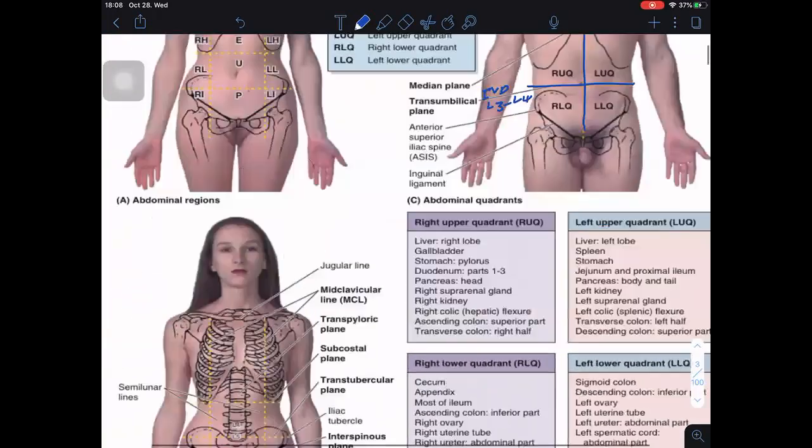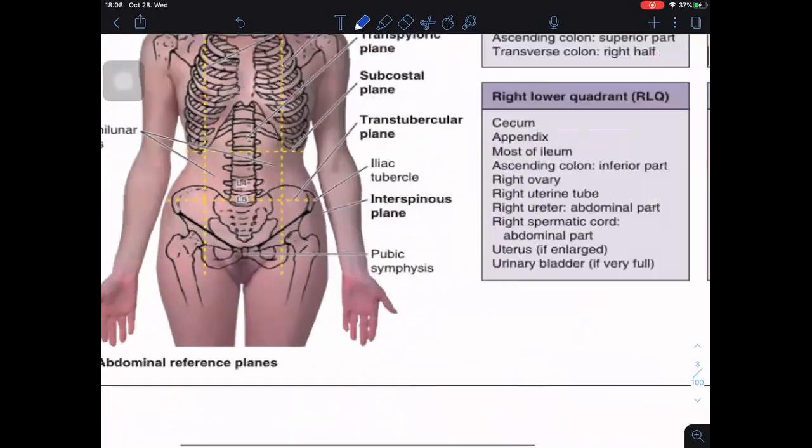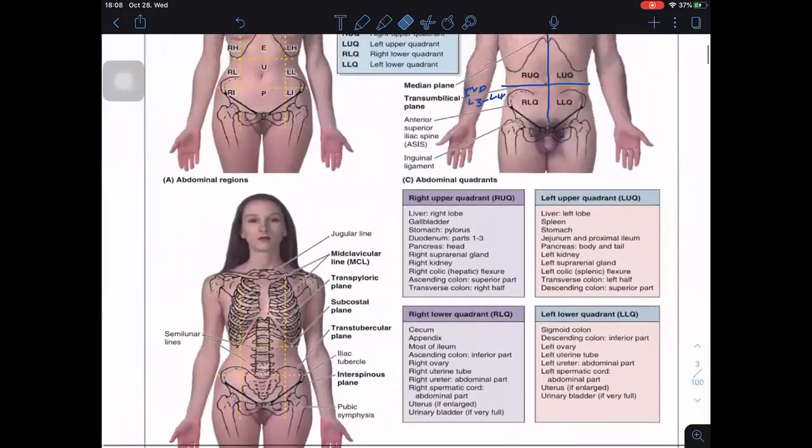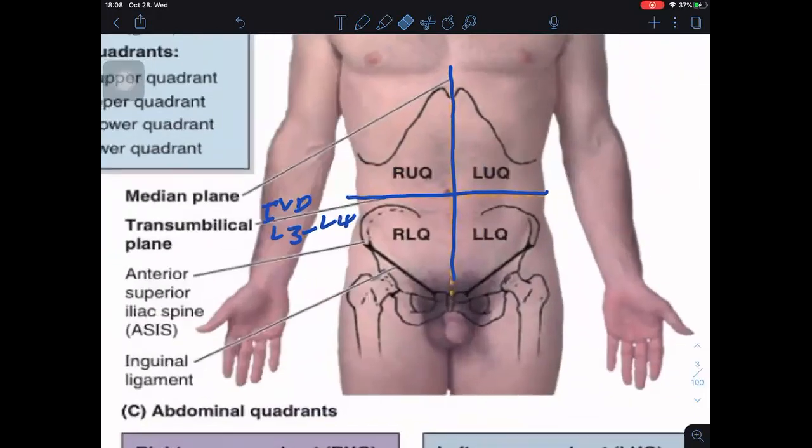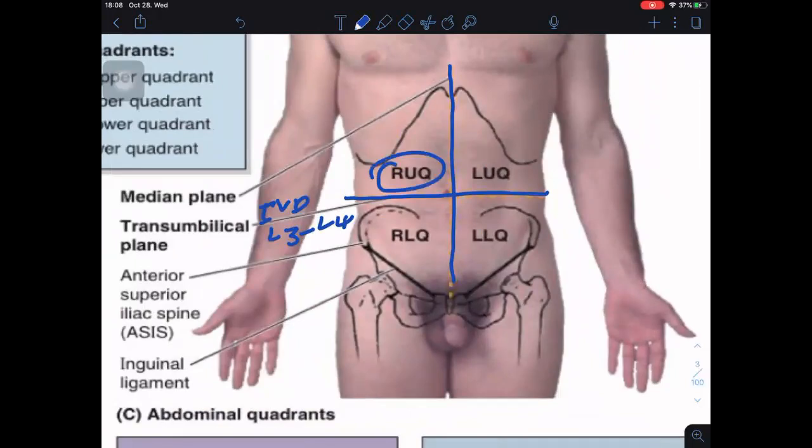So over here, if you see between L3 and L4, somewhere here is the location of the umbilicus, and that's where you have the transumbilical plane. So with the help of these 2 planes, we have the right upper quadrant, left upper quadrant, right lower and left lower quadrants. Okay, so let's say if anyone has, for example, pain from the gallbladder, so then you can